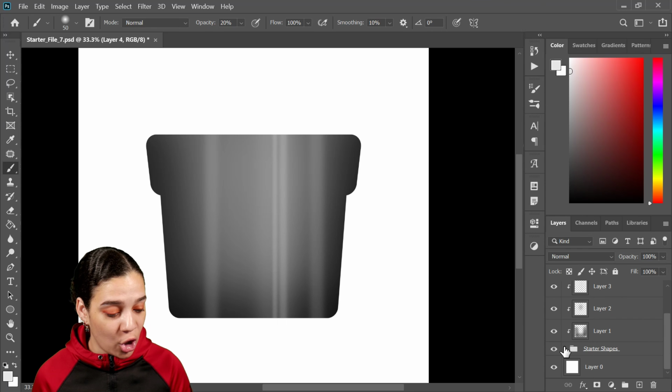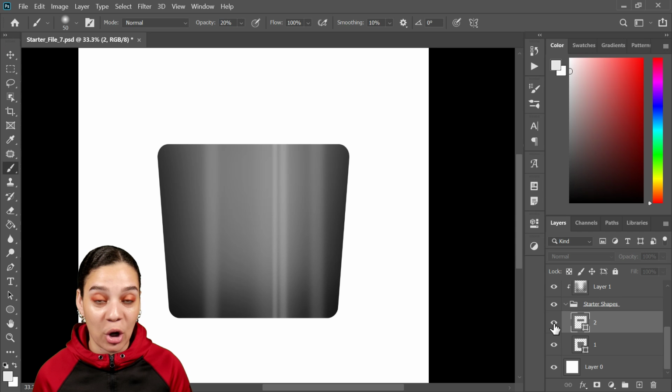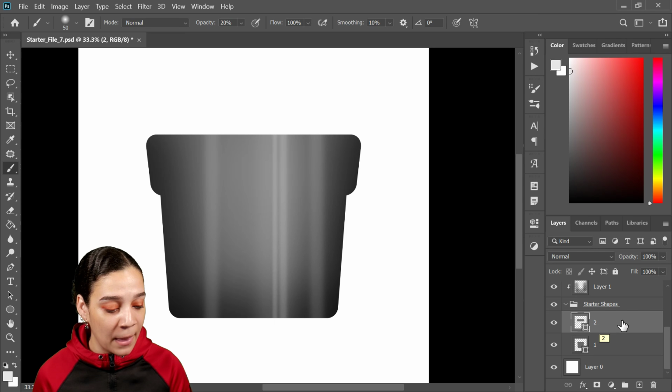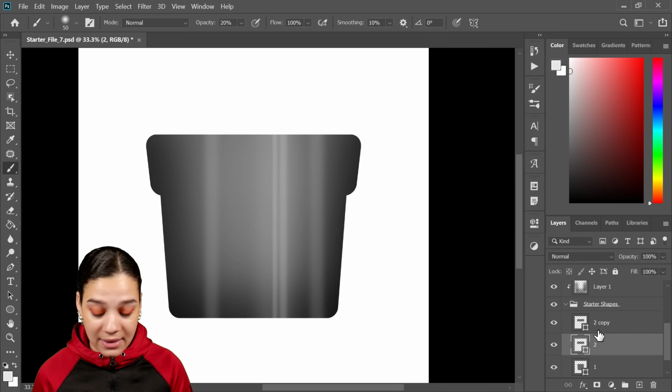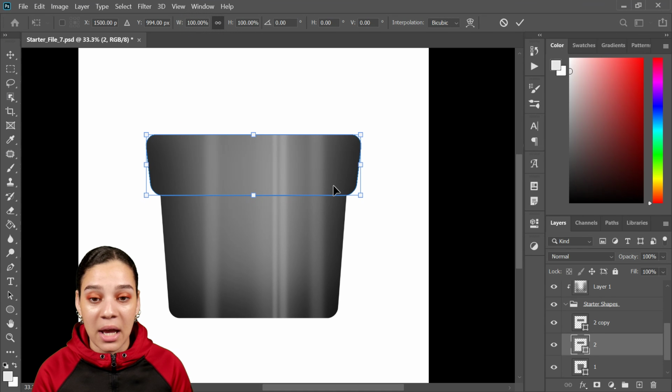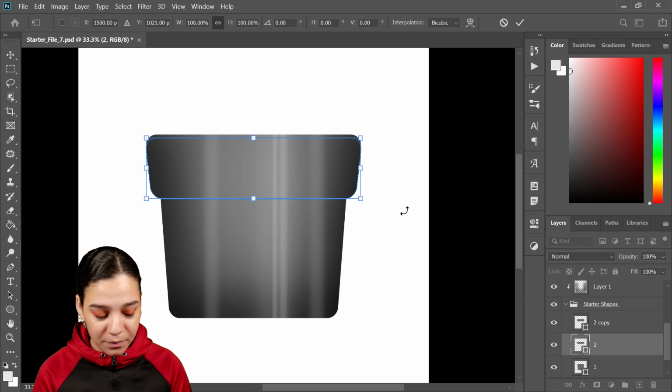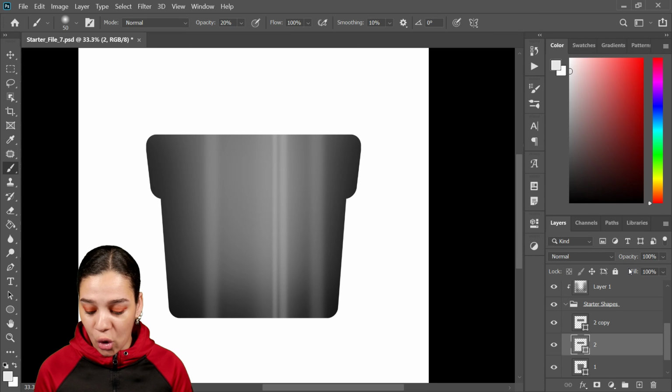So I'm going to come down here, and I'm going to open my starter shapes group here. I'm going to click on, you'll notice that this is actually a separate part up here, this lip of the flower pot. I'm going to press Control J to duplicate that. I'm going to select the bottommost version of that. I'm going to free transform by hitting Control T, and I'm going to use my arrow keys to bump this down slightly, like so. And then I'm going to press Control U to open up my hue and saturation panel, if it will open,